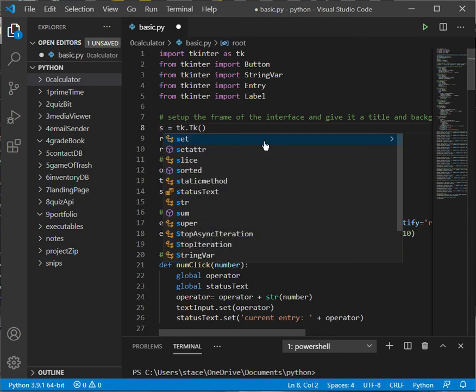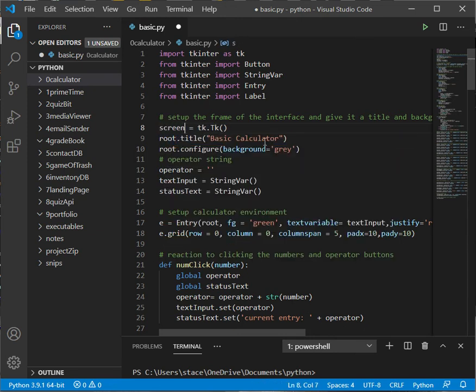Alright, but it does not have to have the word root. A variable you want to define can be anything you want, and it normally starts with lowercase. Okay, so I'll keep it as root. That's a commonly accepted name for a Tkinter module. So next thing we want to do is look at